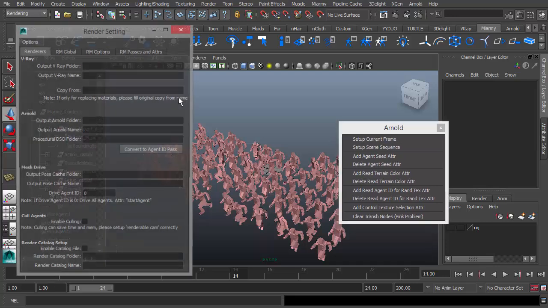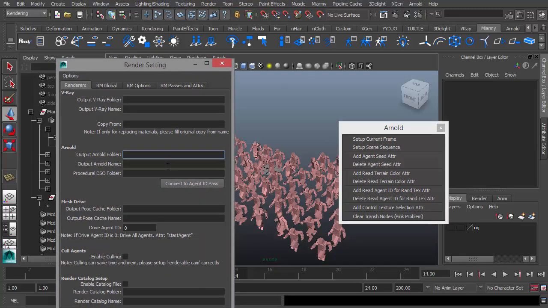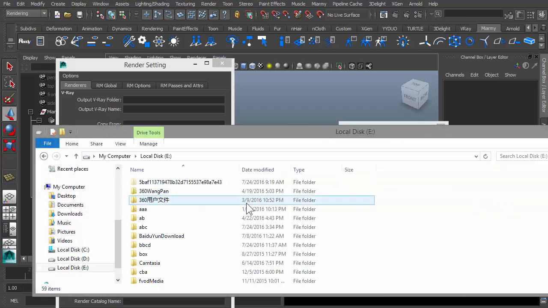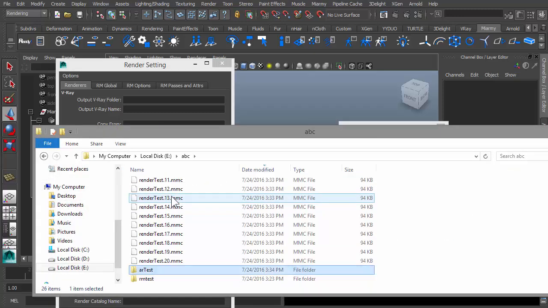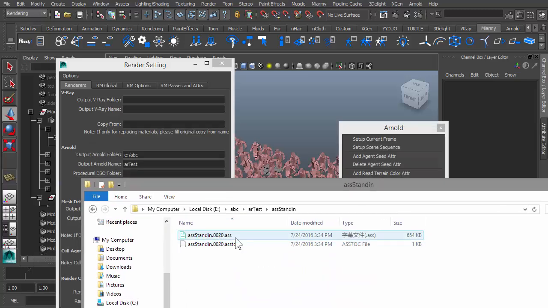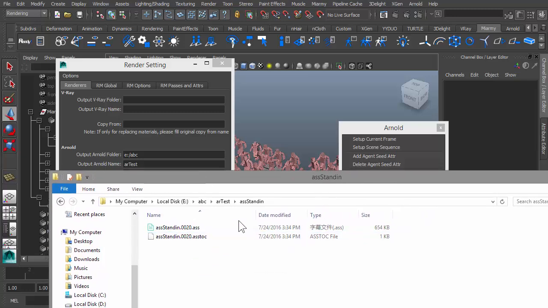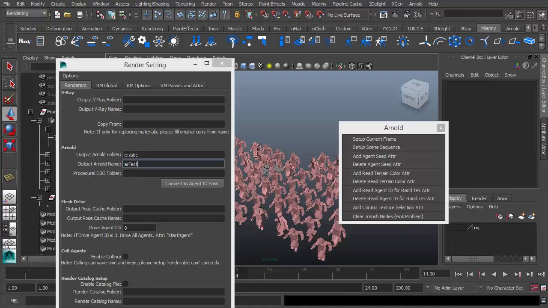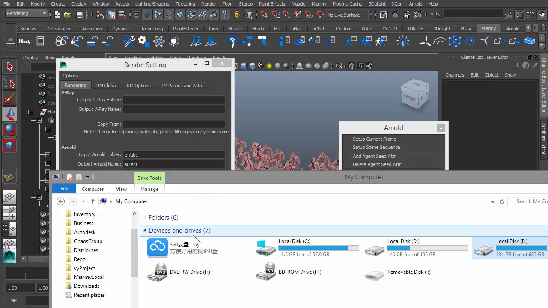But before that, we need to specify the export paths. Here, in the render settings, the Arnold section, E drive, ABC, AR test. You can see that we previously exported only one frame, frame 20 here. This time we are going to export a frame range. So we specify it here, and then we need to specify